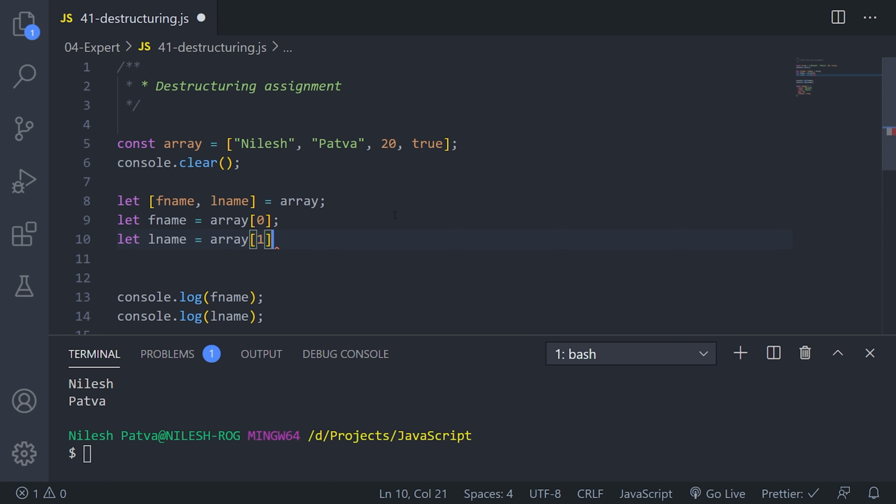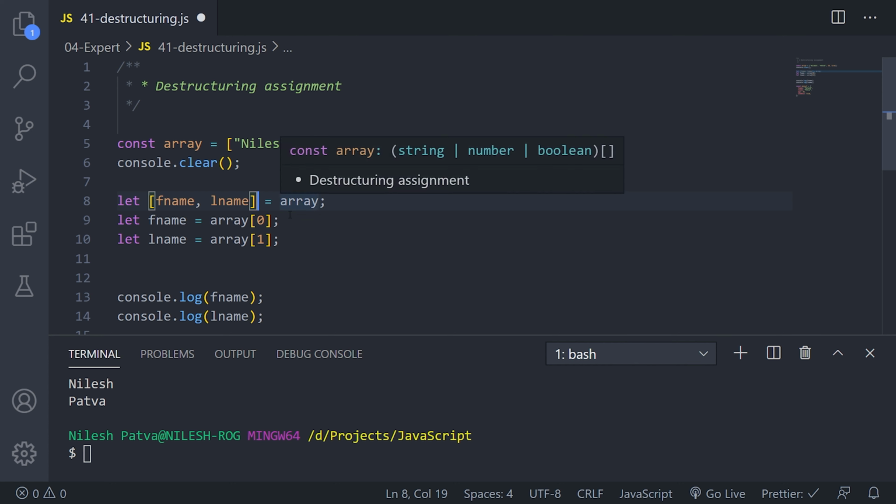Okay, so this is called the destructuring of arrays. So basically, instead of creating multiple variables and using the indexes here, you can directly create a single line like this and destructure the values out of the array. Correct. So that is how this works.